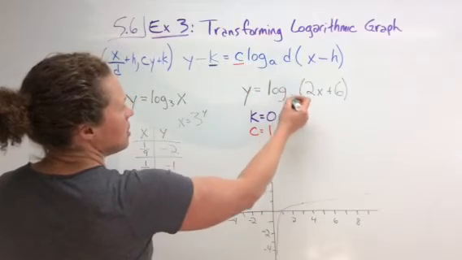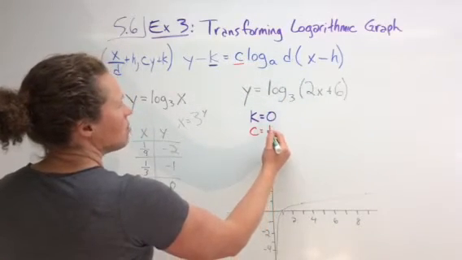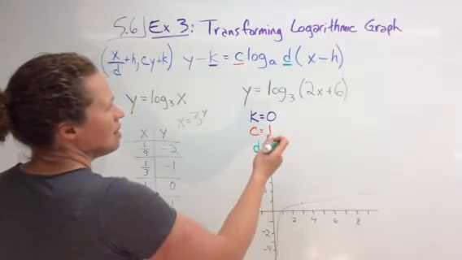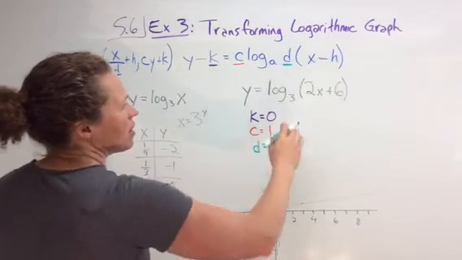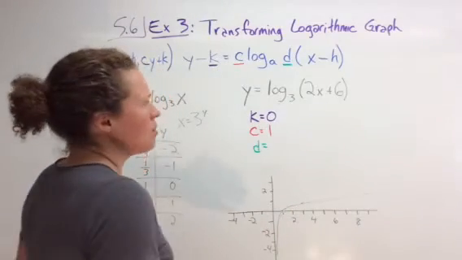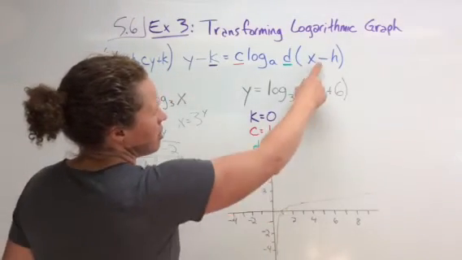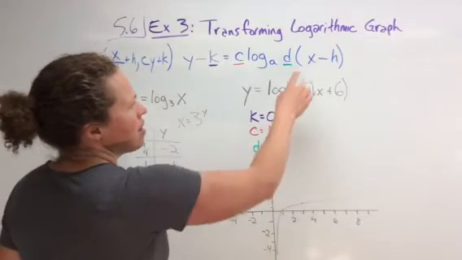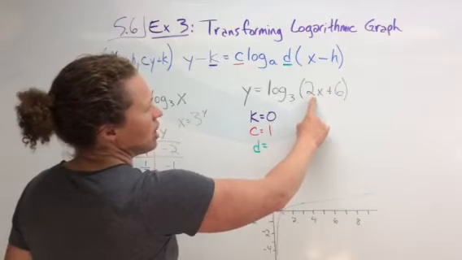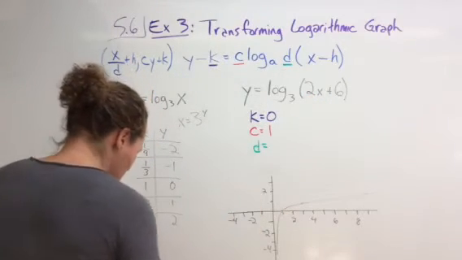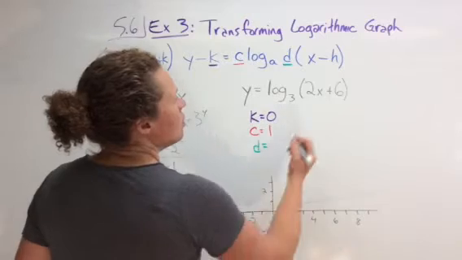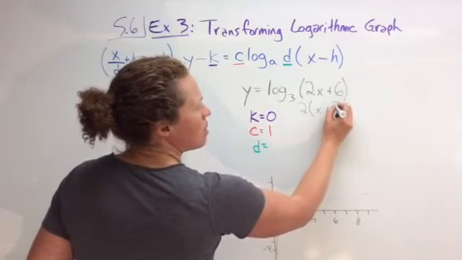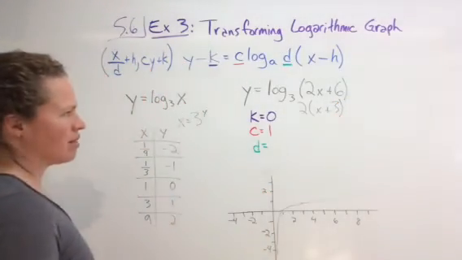Now log base 3, the a is just the base, no one worries about it. The next thing we come in contact with is d. And d is outside the brackets. There's nothing outside the brackets, but wait. That's where we would stop and look at how this is set up and realize that this needs to be adjusted, because this isn't x minus h, this is 2x and a number. So we're going to have to take that